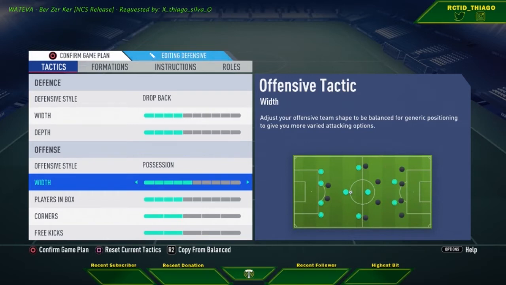Basically balanced. You don't want your players too wide so that you can't get the ball, especially when they apply constant pressure. If someone goes constant pressure on you and you're playing possession and you have your team really wide, you're gonna have to do really long switches to try to get a pass off, and